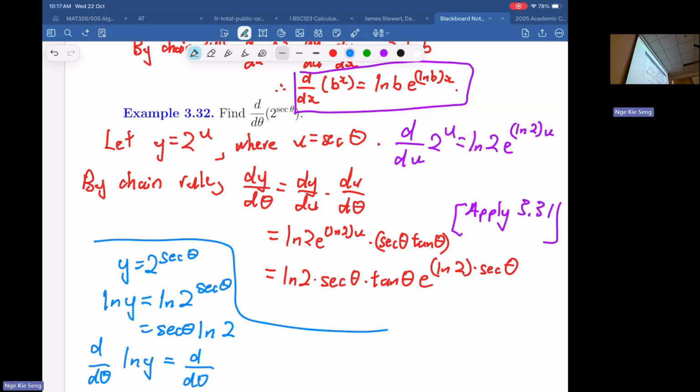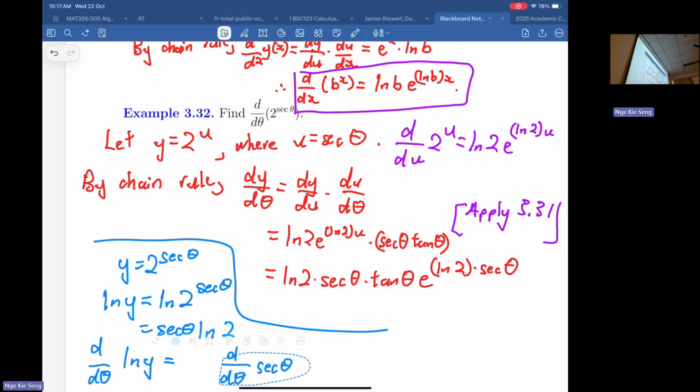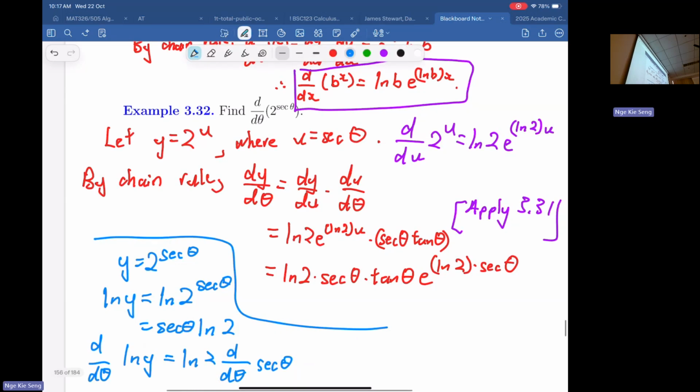Okay, so like this. Differentiate this one as well, secant, and times. It's a scalar, so you can put it up, like this. Okay, sure. This one we will do later. This is called logarithmic differentiation. Is this what you learned in high school? Okay. So later we will touch it again.